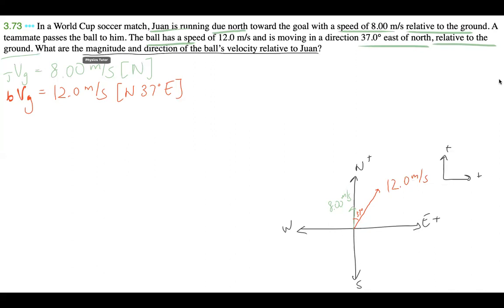Okay, and in this question, what are we trying to figure out? Magnitude and direction of the ball's velocity relative to Juan. So ball relative to Juan is what? We don't know. We're trying to figure that out. Okay, so I'm going to start off by saying that just